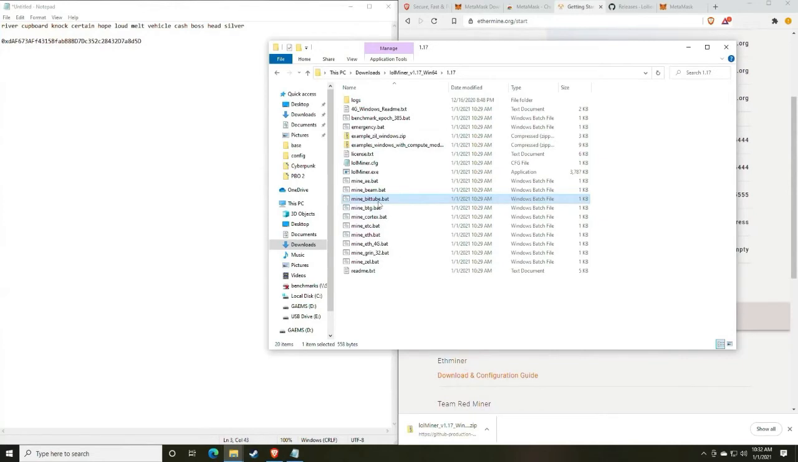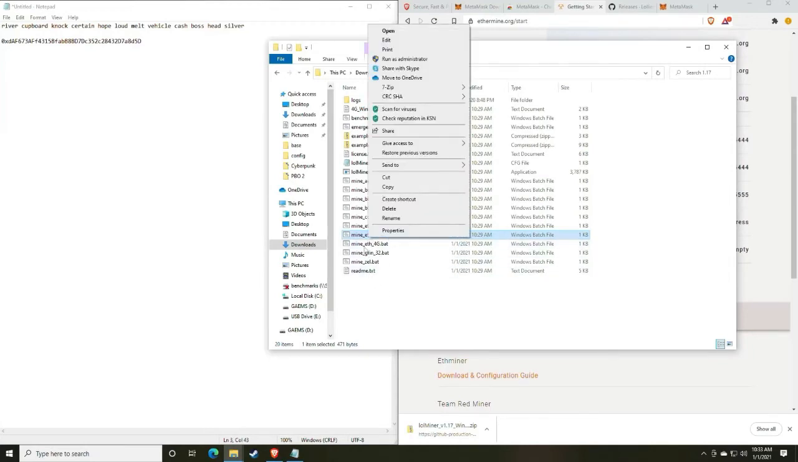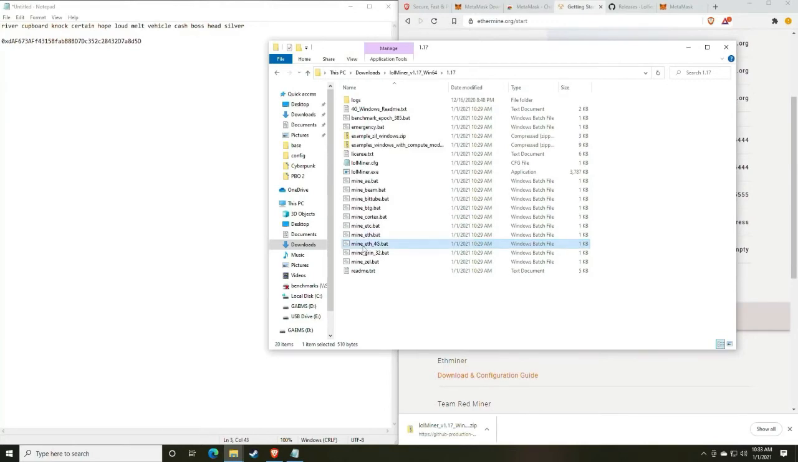So we're going to go back to our file explorer. We are going to find the one that says mine ETH, and this is something we need to talk about. Your performance is going to be better on cards with over 4 gigabytes of video memory when using typically just the standard mine ETH. However, if you have a card that only has 4 gigs of video memory, you're going to want to play with the